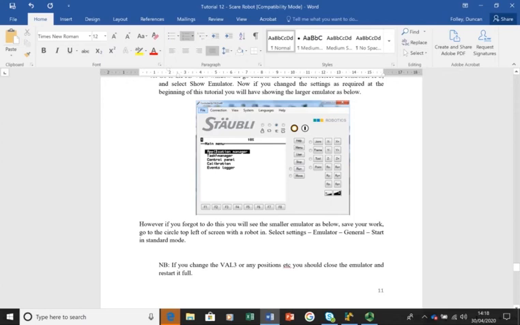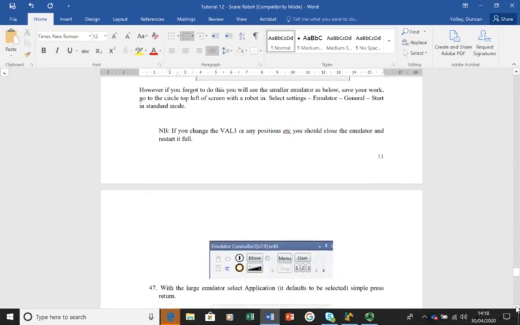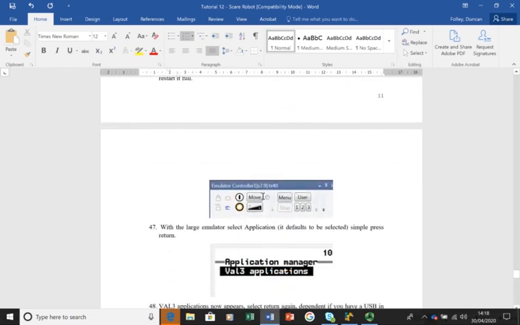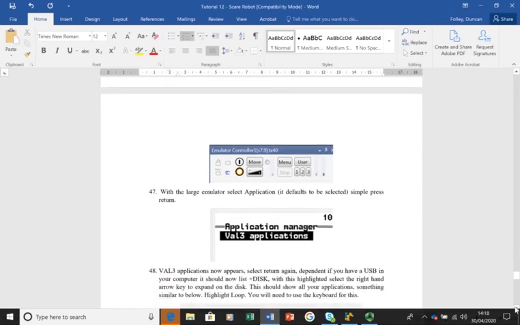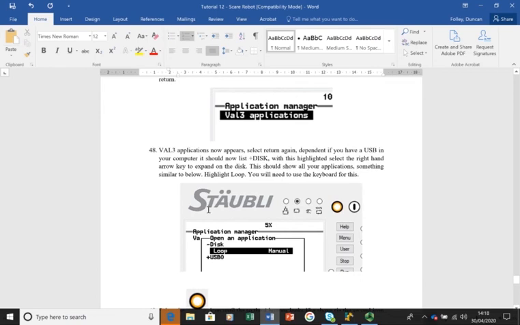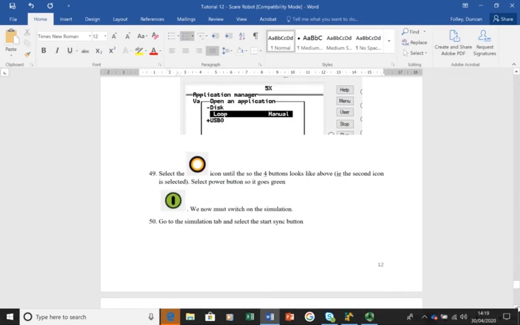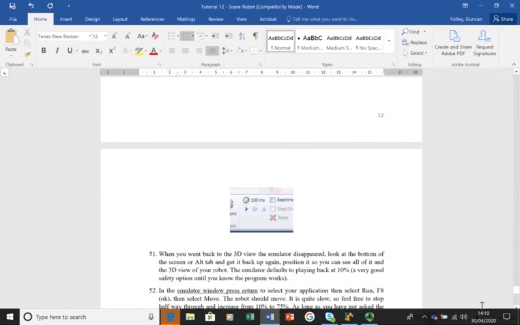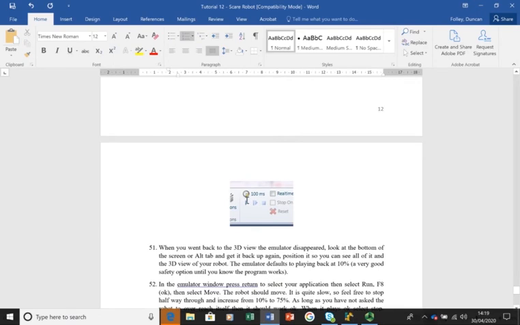Then there is a slightly newer version of this, which is almost like a Windows, iPad style. This is what you would end up with if you'd forgotten to set the emulator running in the larger mode. It's a little bit clunky, I don't like it. So what you then do is you go and find the program we've written called loop, and you run it. You set a couple of things up, you run the program, you switch the simulator on by pressing this little button here,